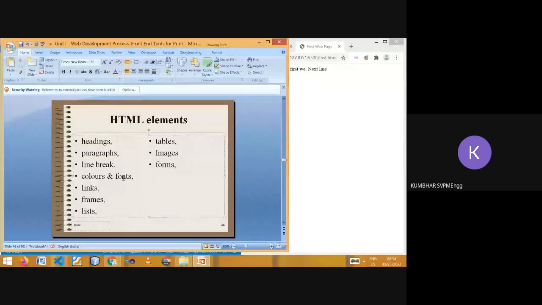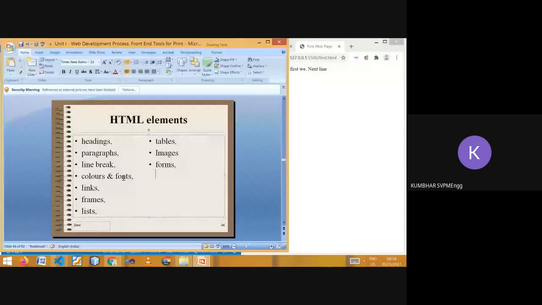What is the power given to these elements as compared to version 1? What are the new things given to these elements in HTML5? But before going there, we will take a look at these basic elements from the first version of HTML. Fine. So let's begin directly with headings.